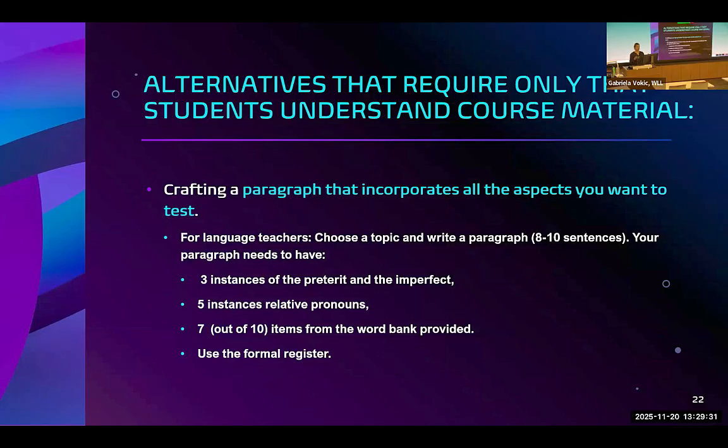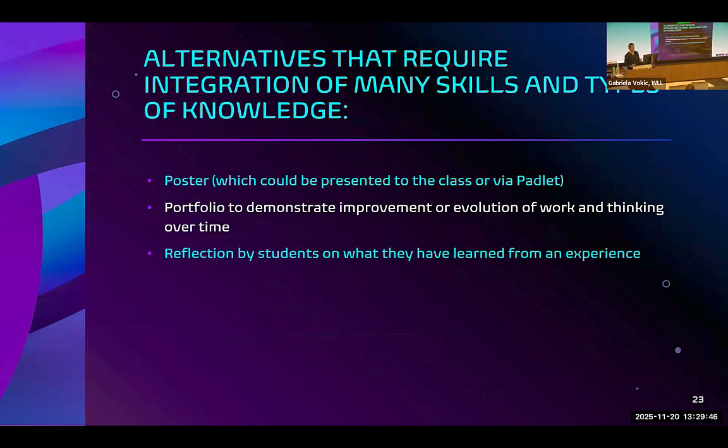How would you go about this? Think to yourself, okay, what do I want to test? What do I want them to know? And then work backwards, right? And again, I'm sure that this would work for most, if not all, disciplines, maybe not with these exact specifications, right? And then lastly,